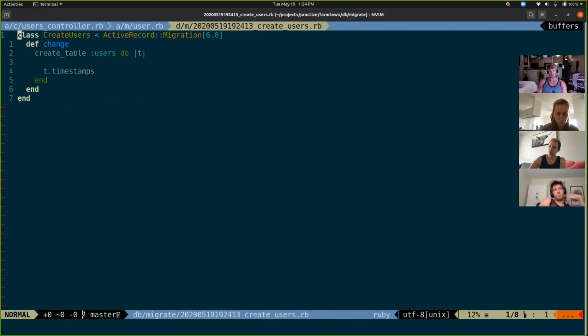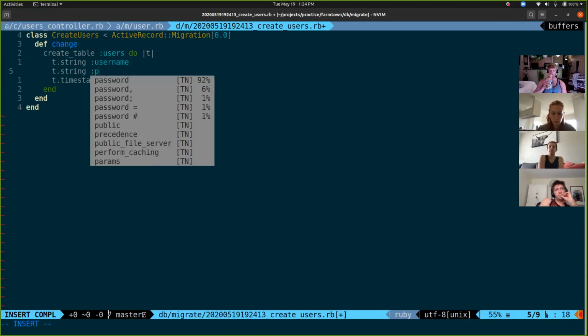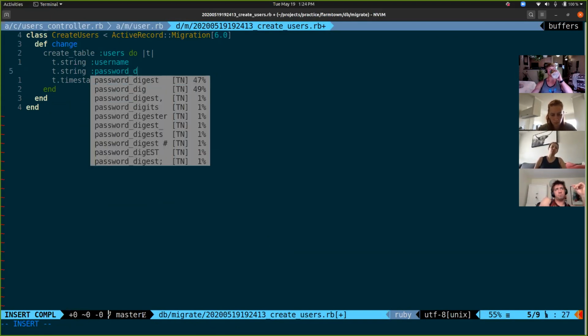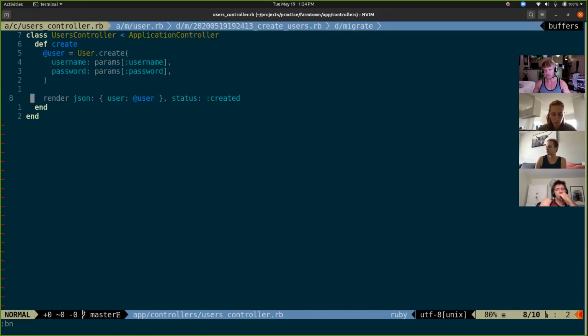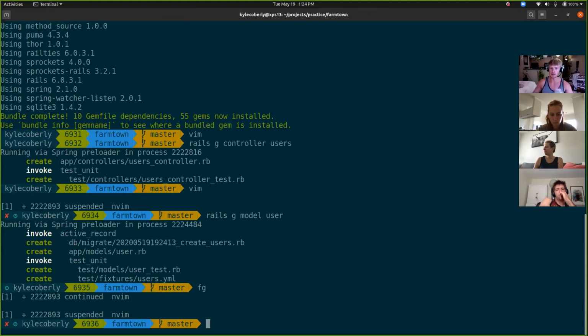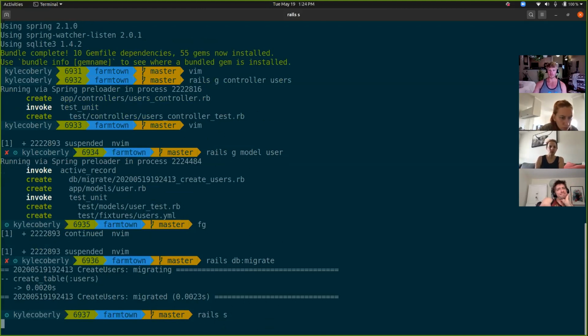Then the migration, we're going to store username as a string, and then we're going to store password as what? Password digest. Password digest, thank you. Very nice. So, if I rails db:migrate, and I rails s,